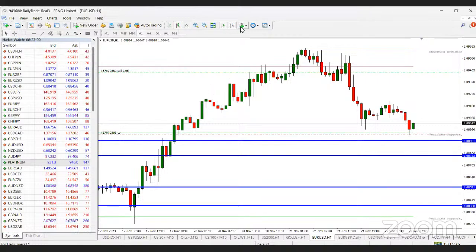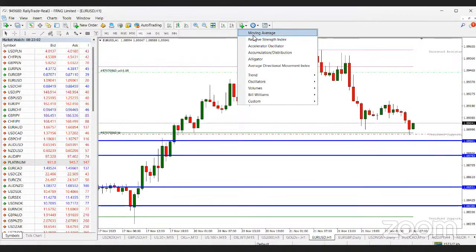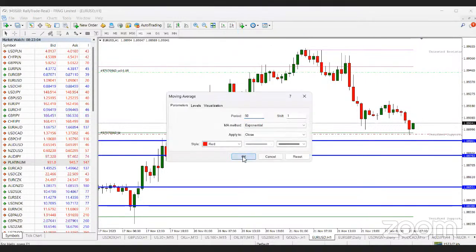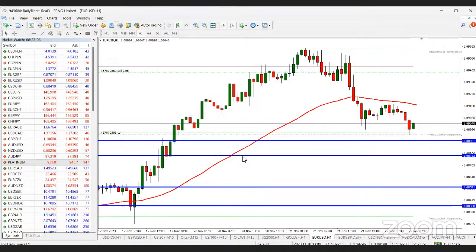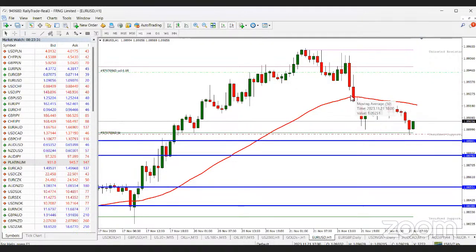So if we should check, let's also include our 50-period moving average here and see. You would know that I love using the 50-period moving average. But you would notice that on the 1 hour, Euro USD price seems to have broken the 50 period and is currently trading below the 50 period moving average. What does that mean for me? It means that whatever buy this Euro USD is doing now, I can look out for a sell from this 50 period moving average.